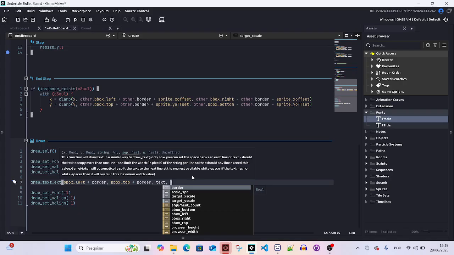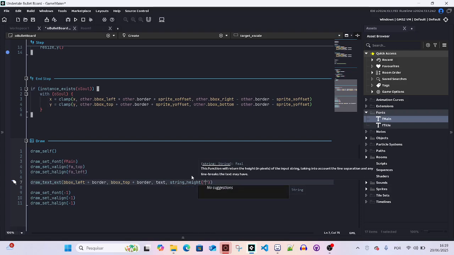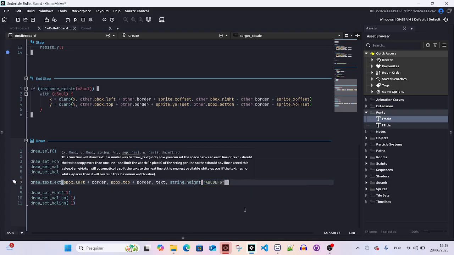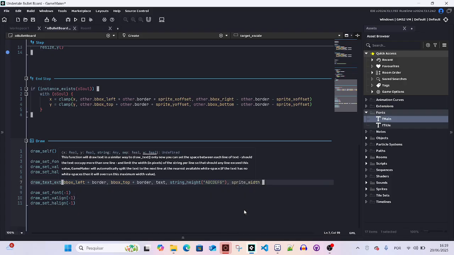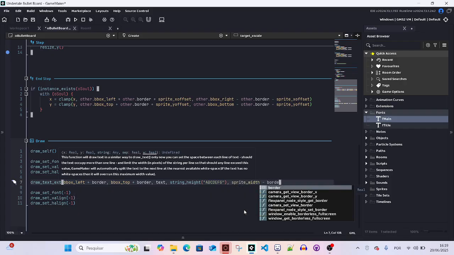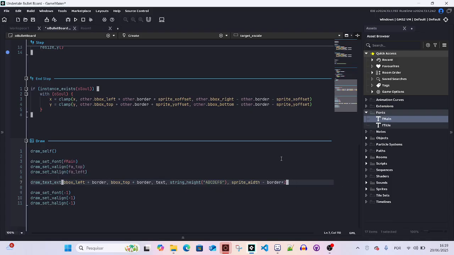So for the line separation, you can use another function called string height, and that will return the height of the text string in the currently set font. So we can just pass a few letters, A, B, C, D, E, F, G. Now another comma, and we put our maximum width, which would be our sprite width minus border times 2 because there's borders on either side of the bullet board. And just with that, if we run again,